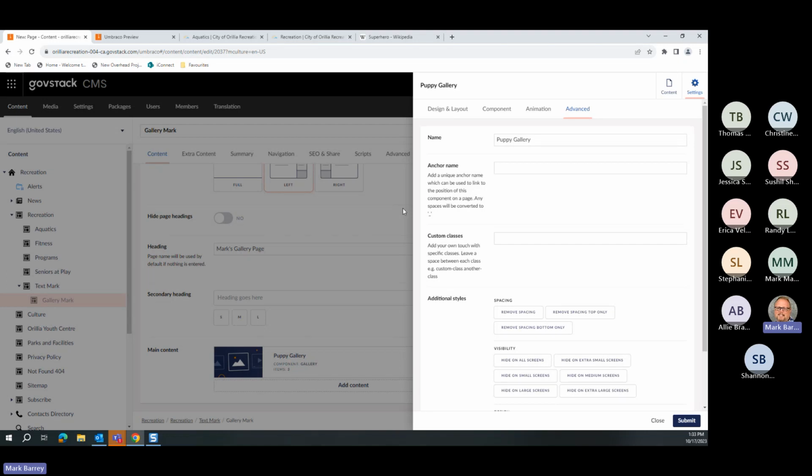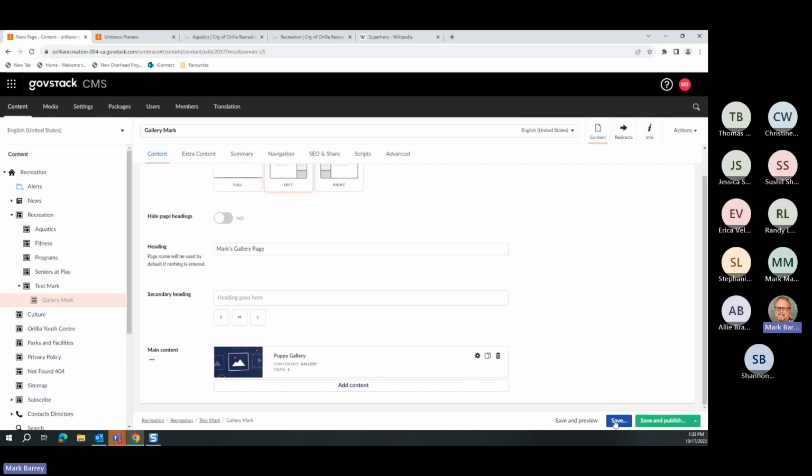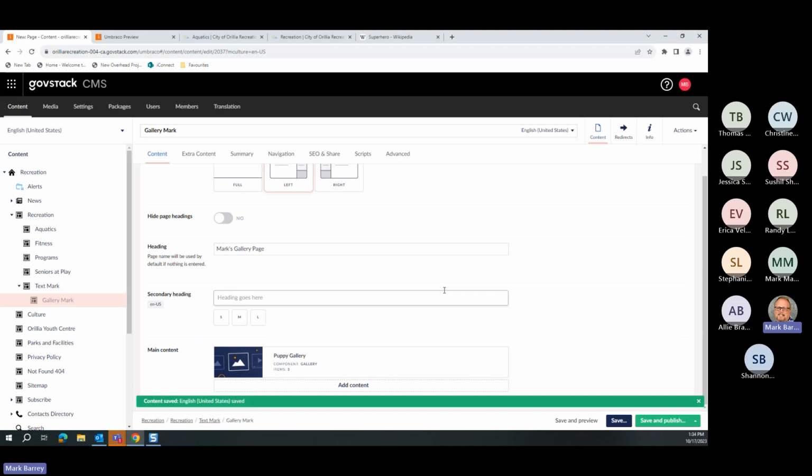But for those who might need more, most hyperlinks, when you click on them, will take you to a new page all about Batman. But what if I have a section at the bottom of the page all about Batman? Well, what an anchor does is it fires you down the same page to a different spot. So what this does right now with the anchor name, it says if I want to have something show up at this gallery, I can give it an anchor name. So I'm going to go in here and call it Puppy Gallery, but I have to do it all as one word. It doesn't like multiple words or spaces. So I'm just going to copy that. Okay. So once I hit submit and save,